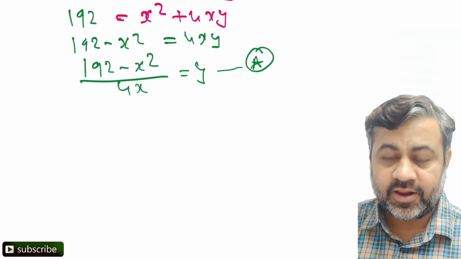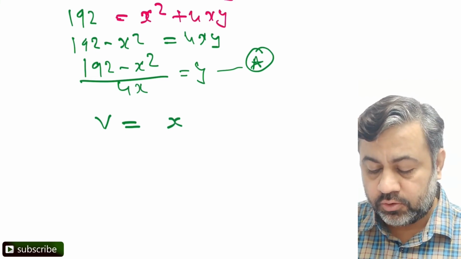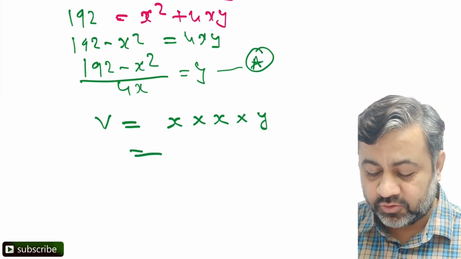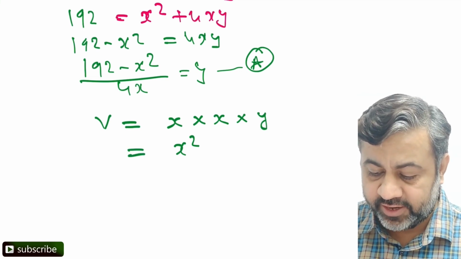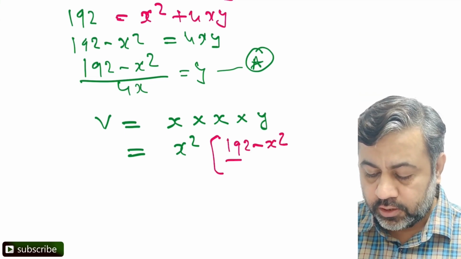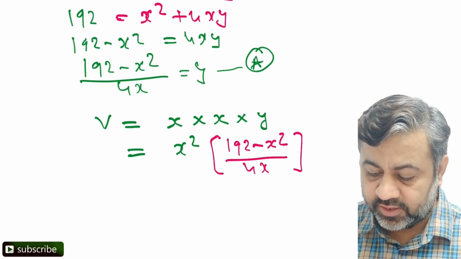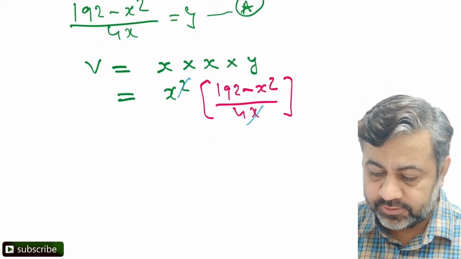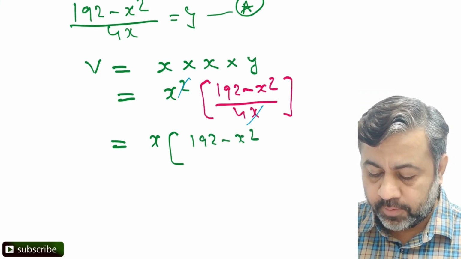Now मुझे maximize क्या करना है? So मुझे maximize volume करना है. What will be volume? Length into breadth into height, which is y. ठीक है, so this is going to be x square. Now what I'm going to do here is I'm going to write the value of y in terms of x. What is the value of y in terms of x? y can be written as 192 minus x square upon 4x. Now I just need to simplify this. So what I do here is, observe, we can very easily cancel x. Okay, so I'm writing my next step as, this is x, 192 minus x square upon 4.